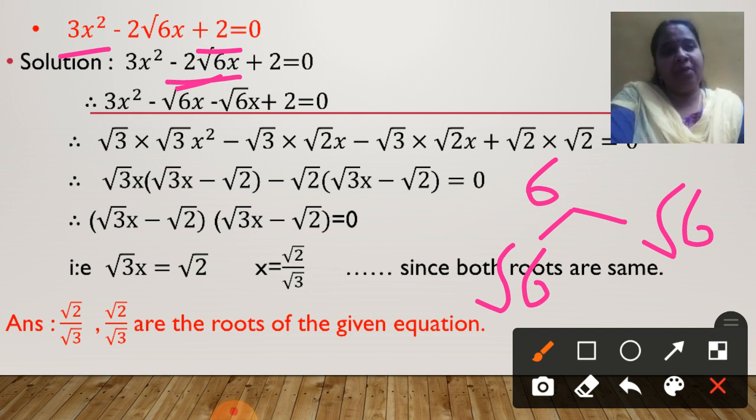Unless and until it is having root 6 and root 6, you cannot add it. I hope you remember like surds can be added. So you cannot add it. I am not saying what should be the factors. I am just telling you the initial steps. What are the initial steps? First take the product of the first and the last term. Done. That is how much? 6. Correct? Then you look at the middle term. Middle term is having root 6. So you first write both the factors will have root 6 and root 6. Now we will think what should be the factor. I want minus 2. Yes?